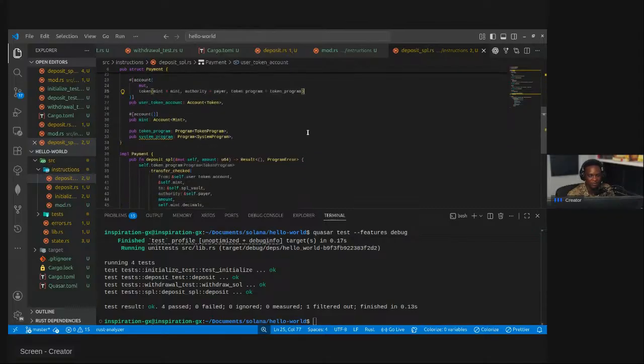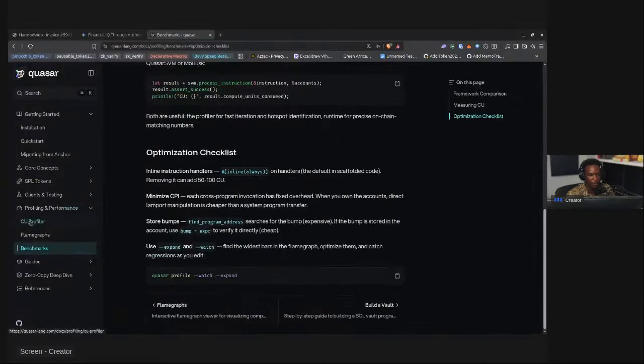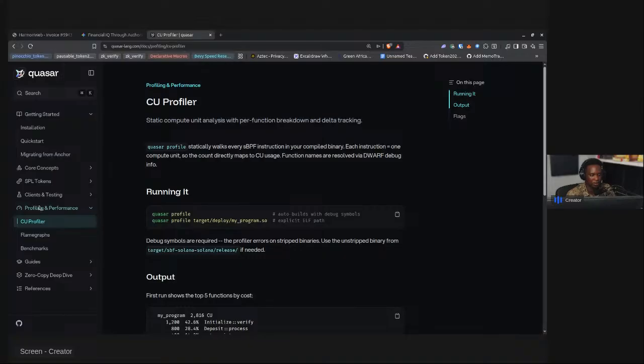Yeah, so it's cool. So let's do one thing. I want to test out the flame graphs. If you go to the docs and come over to profiling and performance, so you want to know how your program is performing here, it directs you to the CU profiler. It says static compute unit analysis with per-function breakdown and delta tracking. So it means it will show you the difference